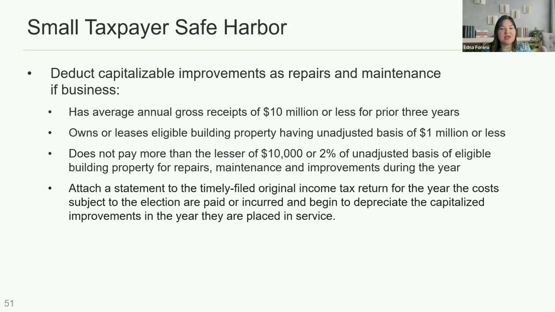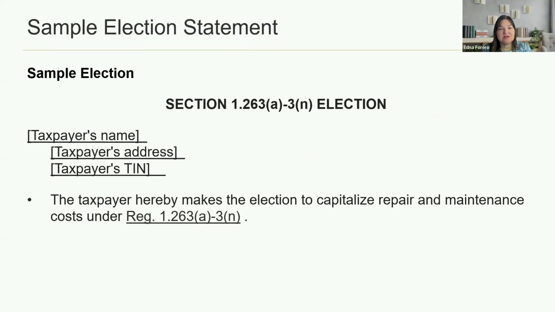building or the asset better, if we're adapting it or if we're restoring it. We're going to talk about those three things next. But we want to look at whether or not that safe harbor rule for improvements means that they can deduct them at the end of the day. So again, understanding what your client paid, why it was paid. Was it ordinary and necessary? Or are we increasing the value of that item? So again, like with the other de minimis rule, we're going to show a small statement that has the taxpayer's information and that they're choosing to make that election by capitalizing the repair and maintenance costs. All right, so